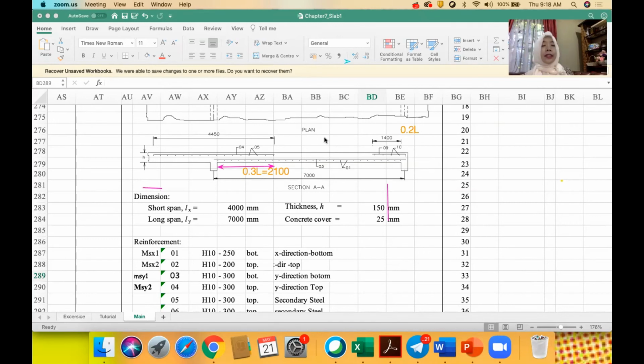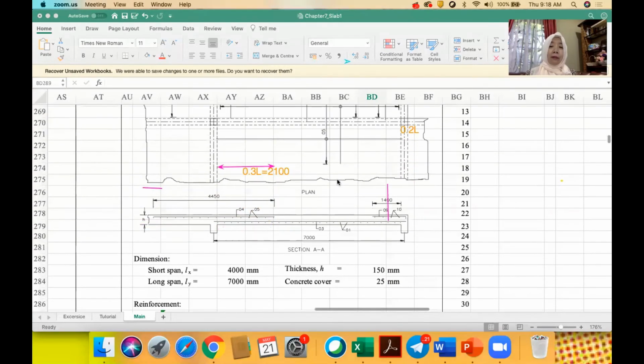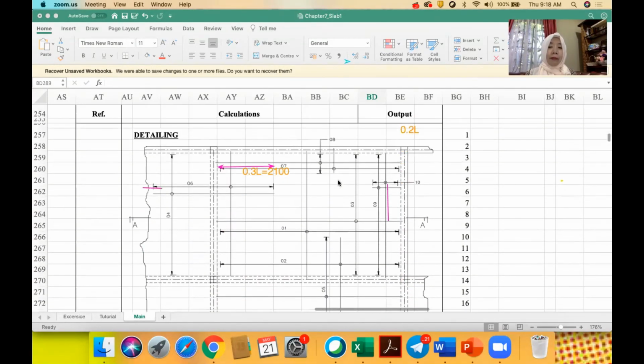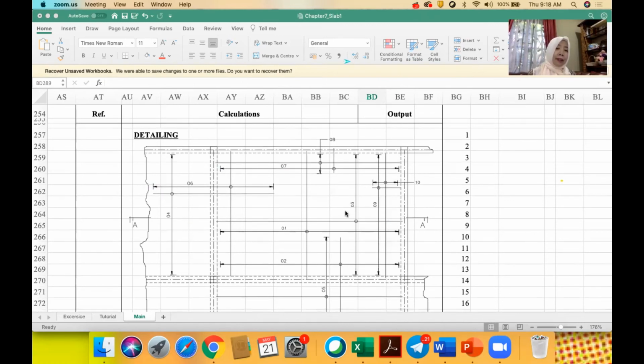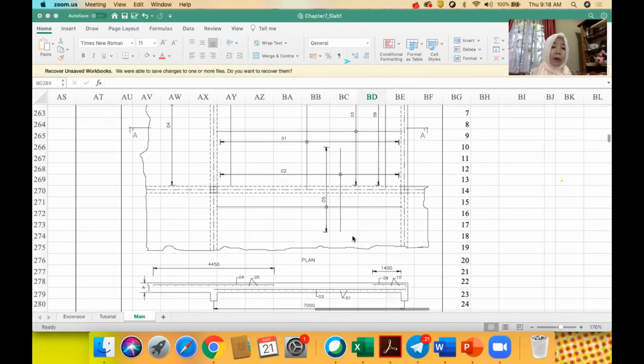Okay, so this is the cross section at LY. Well, for the X, if you want to draw both, it also can, but I think one cross section is enough. Yeah? And then